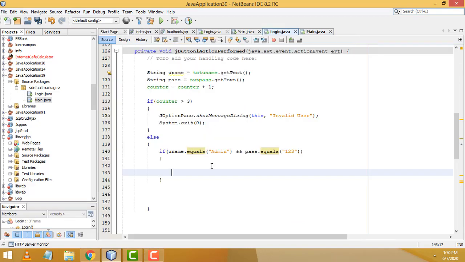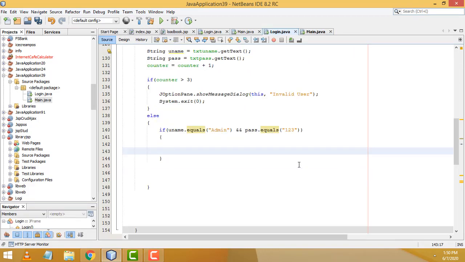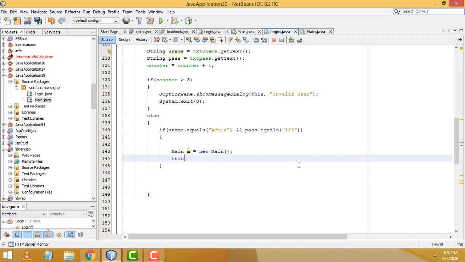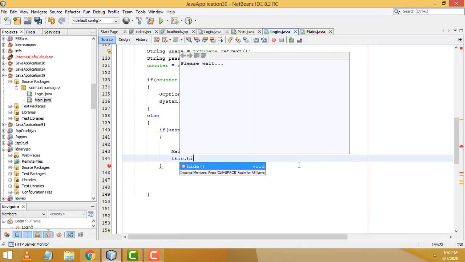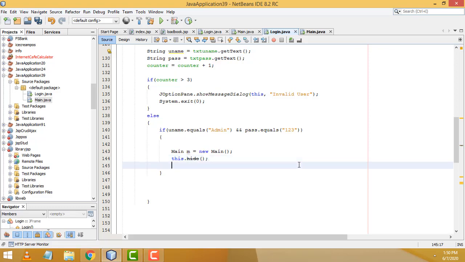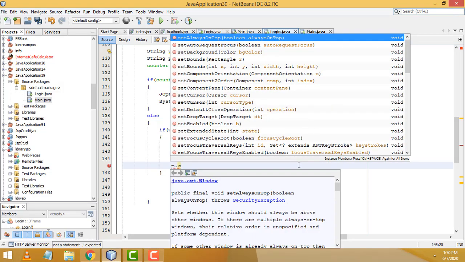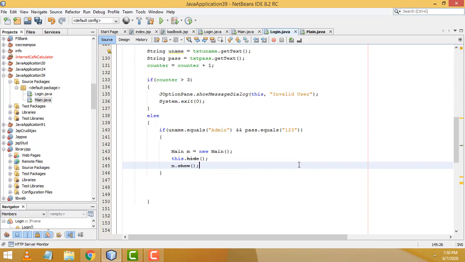Right. Now what I am going to see, we have to check here. If both username and password are correct, you write Main m equals new Main. You write this dot hide, m dot show. Right.